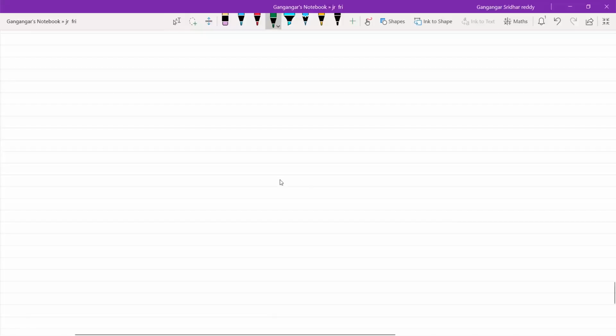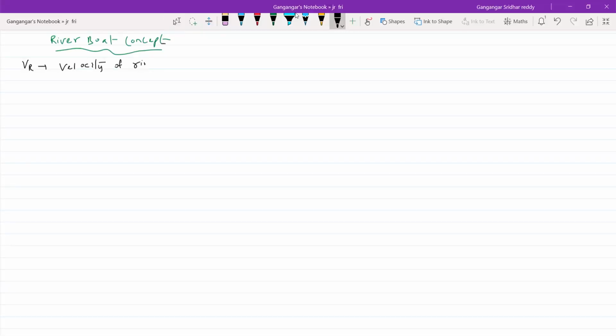Okay, let's begin the riverboat concept. Green color. This is river current, velocity of river. So a few terms are there. We'll define them. What is VR? Velocity of river